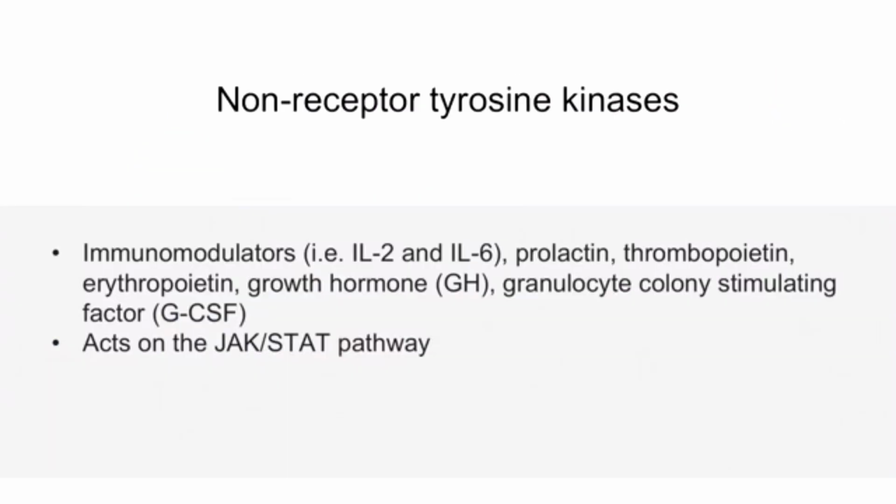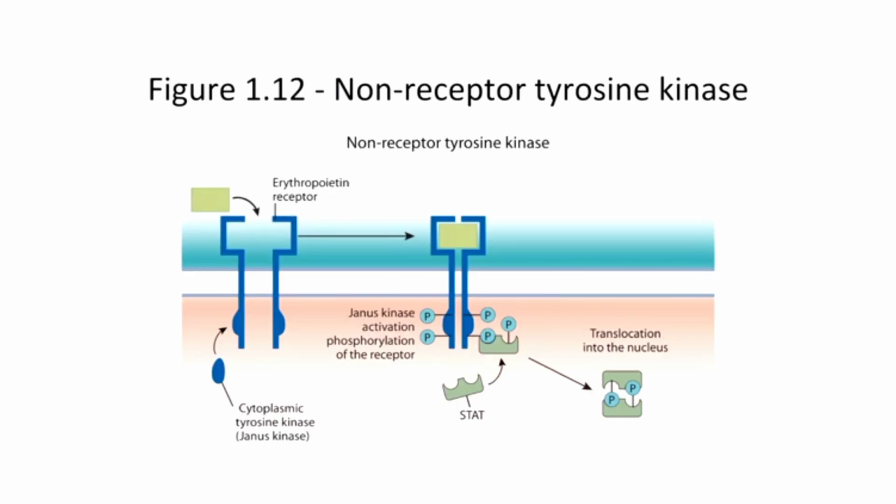Ligands that bind to non-receptor tyrosine kinases include immunomodulators such as IL-2 and IL-6, prolactin, thrombopoietin, erythropoietin, growth hormone, and granulocyte colony stimulating factor. For step 1, you need to know that ligands that bind to non-receptor tyrosine kinases ultimately regulate the JAK-STAT pathway. Let's pull up a figure so you can see what this looks like. This is figure 1.12 from your text, which shows a non-receptor tyrosine kinase, or